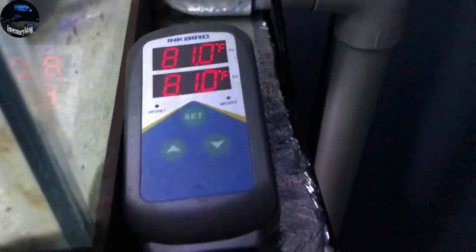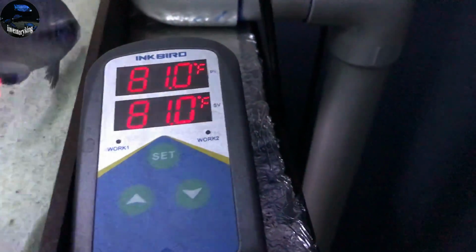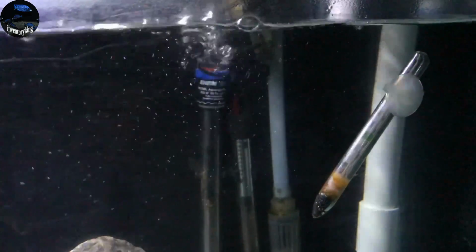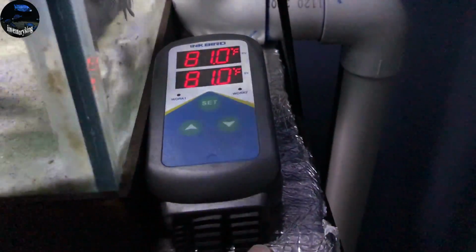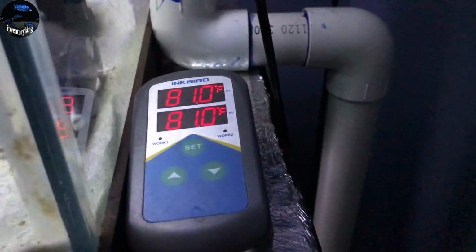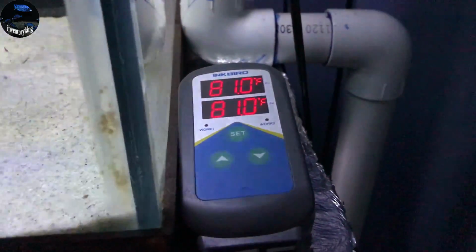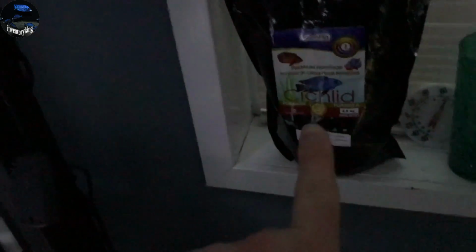Currently, my tank is at 81 degrees, which is this tank down here, and no heaters running. As we know, a lot of times the thermostats on these heaters are not accurate, or they could run and run and run because of a malfunction. So something to keep in mind is if you get one of these temperature controllers, this will control your heaters, and when they don't need to be running, they will not be running, which will save you money on your electricity. So those are the 6 things: your temperature controller, your lids, rocks, buy food in bulk,